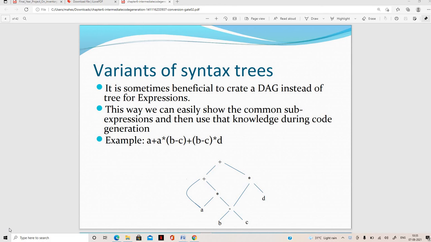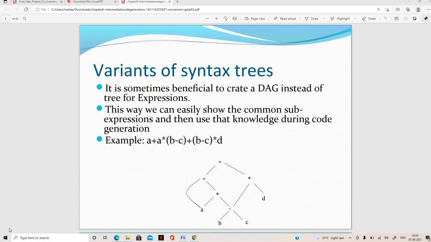Okay, so the total process is divided into two parts, front end and back end. Here, static checking includes the type checking process only, whether which type of data we stored and everything. Then it comes to the intermediate code generator, which also comes under the front end part only. So today we are discussing the concepts related to intermediate code generators. The first topic is variants of syntax trees.